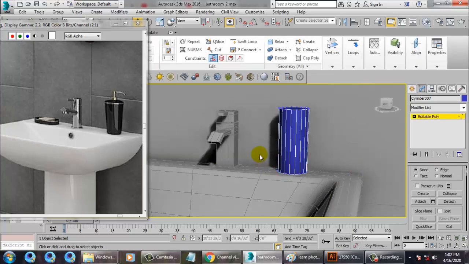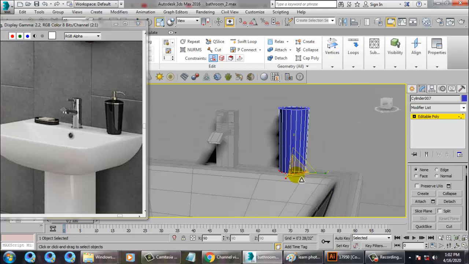Select the vertices, press R and just scale a bit.